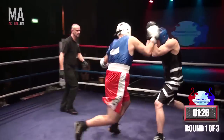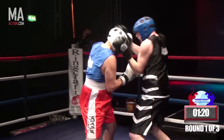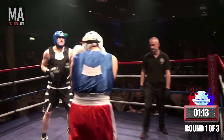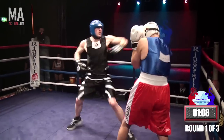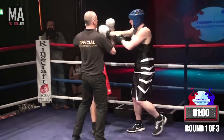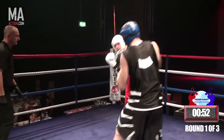So round 1 of potential 3, and a double left hook from Hesslewood, flying forward, getting inside his taller man. It's a good tactic. A lot of energy expended there in that opening exchange. And now Ansty comes back and lands a good right hand on Hesslewood, who's doing the right thing, trying to crowd his man, but good foot movement by Ansty and a big right hand there. And that second right hand, Hesslewood has to tuck up, because that's the danger punch. So, good opening from Hesslewood, but Ansty found his feet, found his movement, and looked at the big right hand